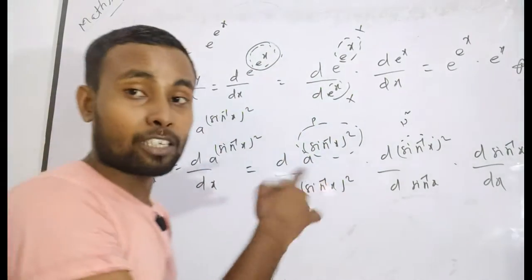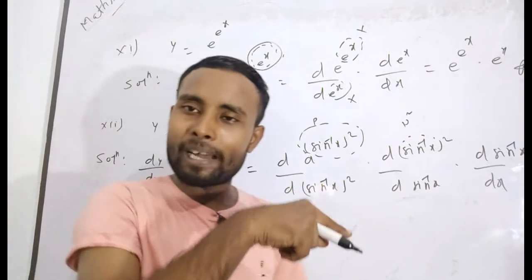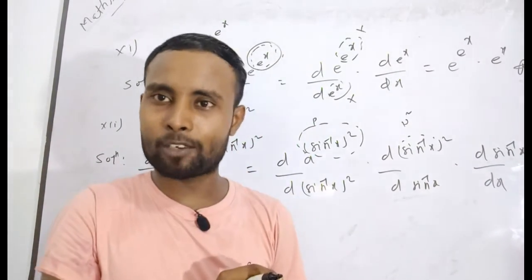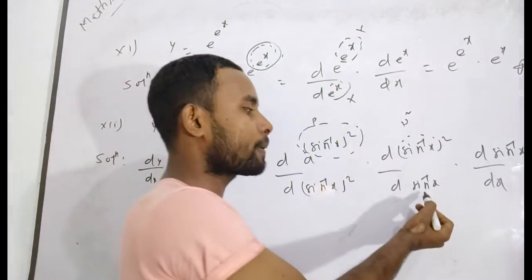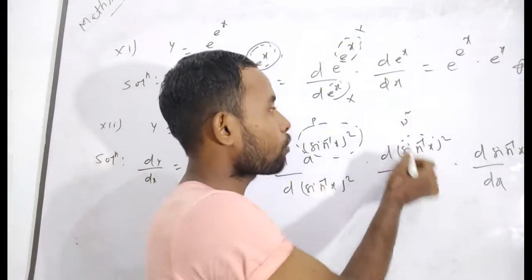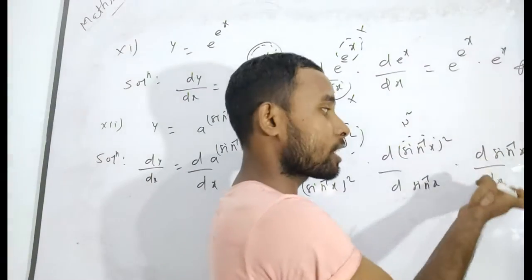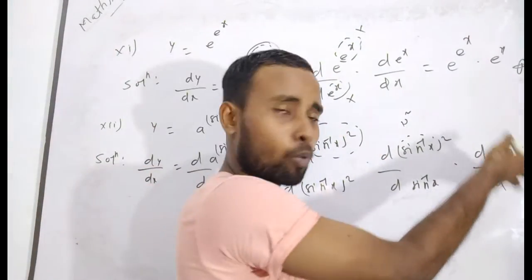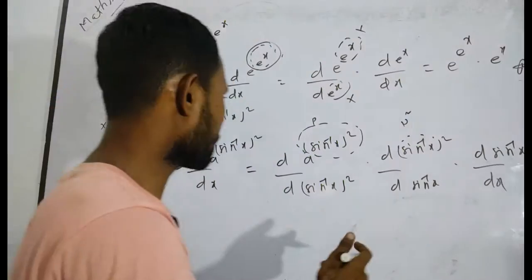As you know, derivative of x to the power n is only differentiated with respect to x. That's why I have differentiated with respect to sine inverse x, because it looks like p square, and p square is only differentiated with respect to p. Again you have to differentiate sine inverse x with respect to x. Why? Because it looks directly like your formula about which I have already told you just before 1 or 2 seconds.